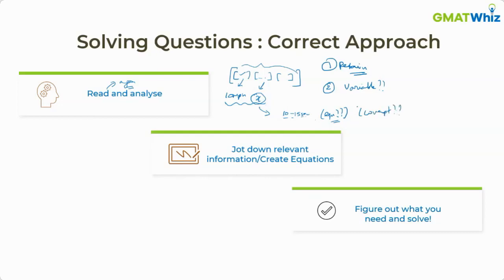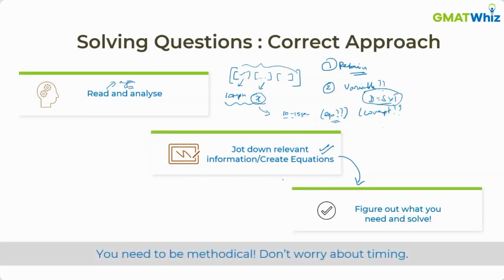So if it's a time and distance question, I know that I need to use distance equal to speed multiplied by time. So can I do that here? Once you ask those questions and realize, okay, I cannot solve this question without this formula, you would know how to approach the question. Picking the right strategy would only happen when you have the information with you. Then only you will be able to figure out exactly how you need to solve, and you need to ask yourself those questions.